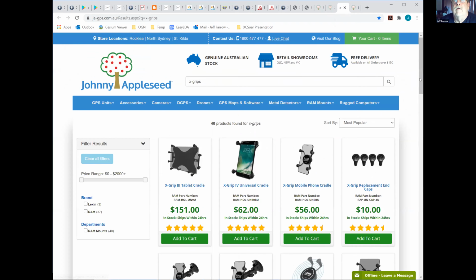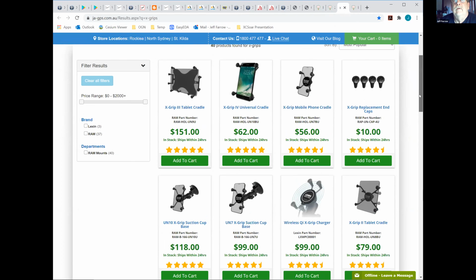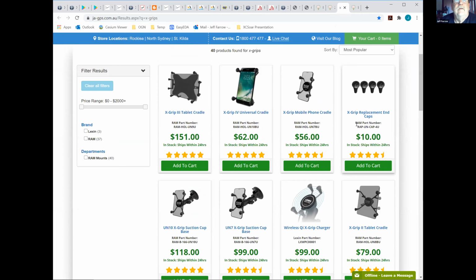The other end, you need something to attach to the actual device, and most people end up getting these X-grip things. They're just sprung levers that close in on either side of your device. In this case, you've got bits of perspex indicating the device.